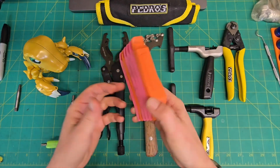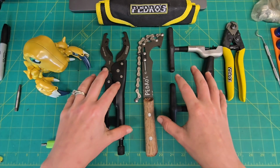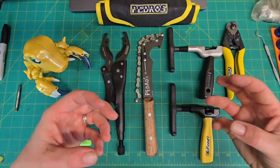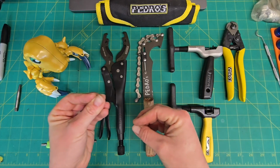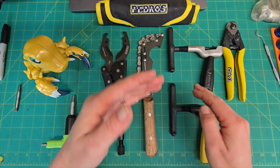Not to mention they made the best bicycle tire lever ever created. So to top it all off, the cost of these tools is not prohibitive. Bicycle mechanics don't traditionally make tons of money. You can get a professional level tool, and a lot of times in the lineup, there are actually multiple levels